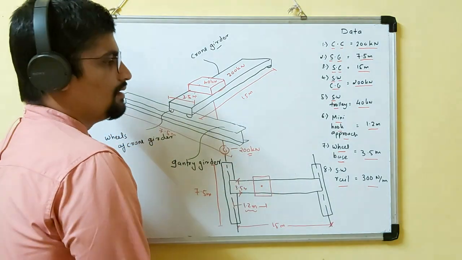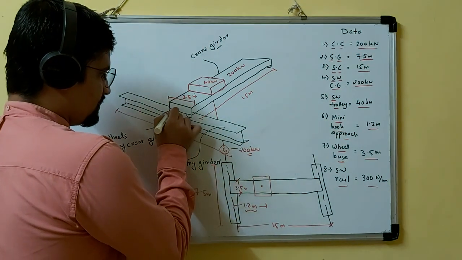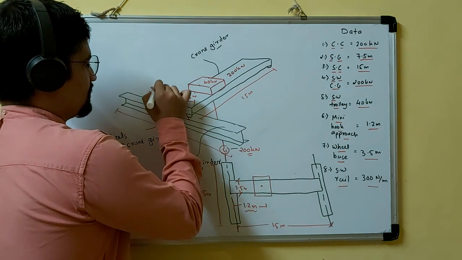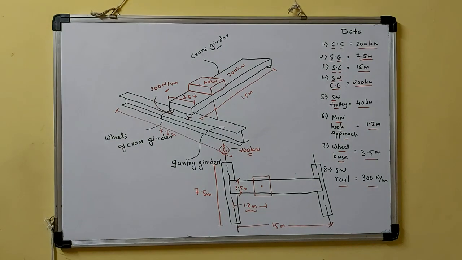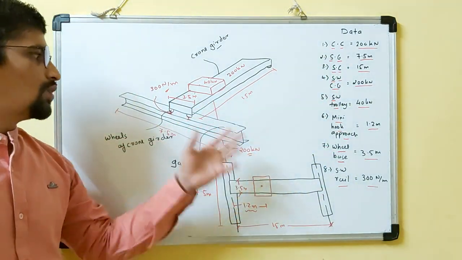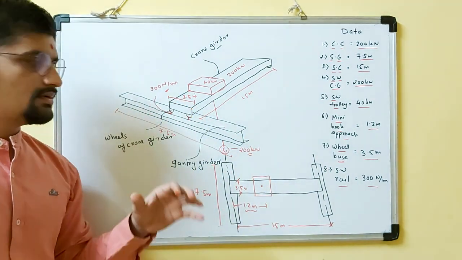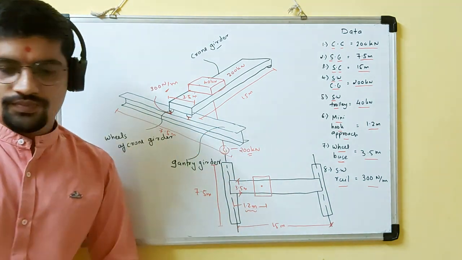Okay. This is the wheelbase. And self weight of rail means here the sum of rail section is provided. Its weight is 300 Newton per meter itself. Okay, so I hope you all understand what the data are showing and where it exists in the figure. Okay, so starting with the calculation now.